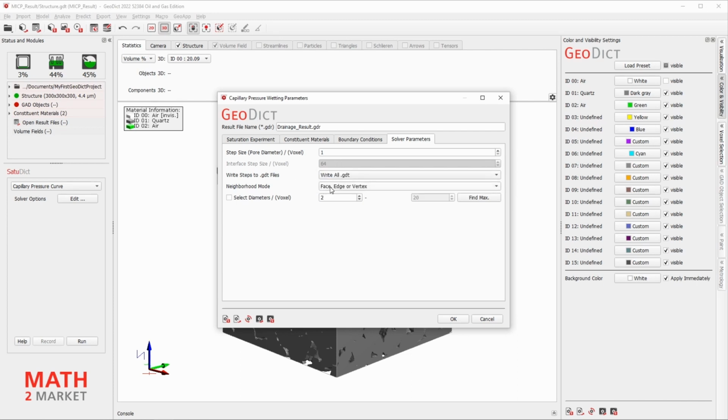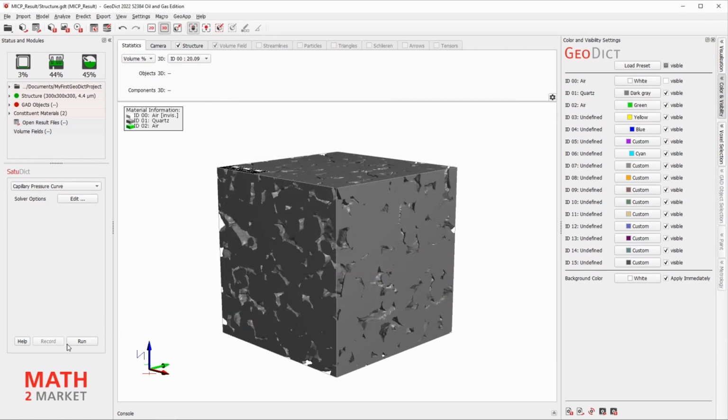As neighborhood mode, which means when a voxel is connected to the next, select face, edge or vertex, which basically means that there is a connection when a voxel touches another voxel. But now you can start by clicking OK and run.